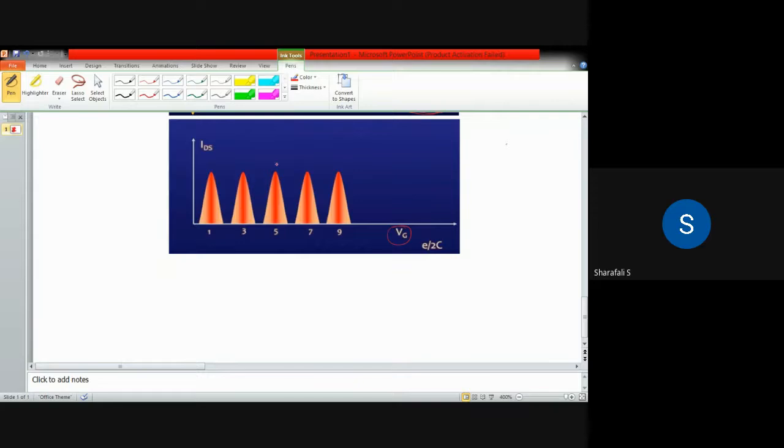So for this, this particular variation in current with respect to Vg has to be observed. The biasing voltage has to be less than the minimum voltage that we have applied in the gate voltage. So if the bias voltage is kept constant below the Coulomb blockade,